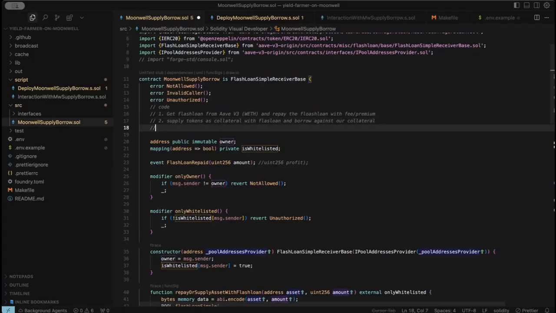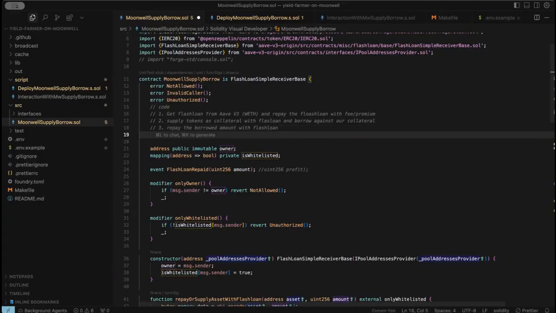The next feature we need to implement would be for us to repay. We should be able to repay the borrowed amount with flash loan. That's the next one we need to do. So those are the two major ones, but there are other necessary features that will help us to achieve those two strategies. The first, which will be our number 4, would be, since we are going to be